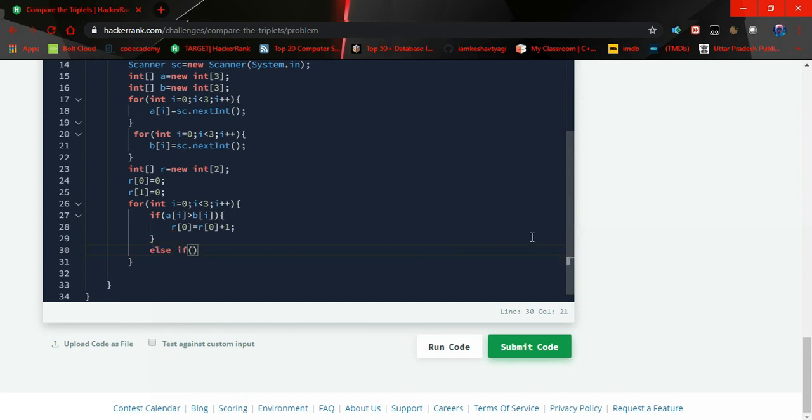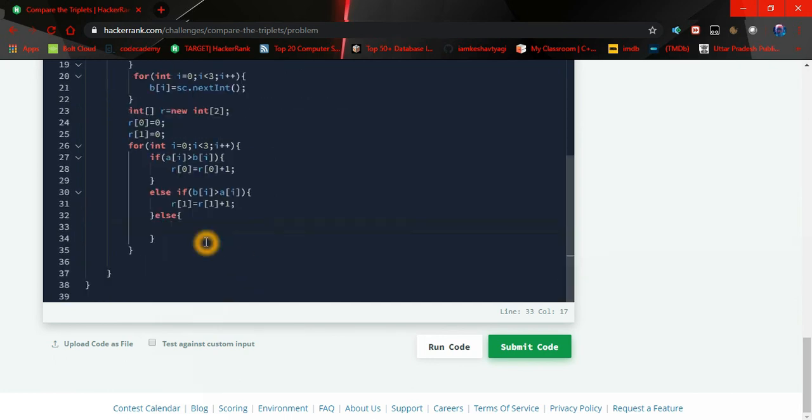Else if b of i is greater than a of i, then we have to increment the value of, here are going to be the braces. So here the value of r of 1 is going to be incremented by 1, so we can write it r of 1 equals r of 1 plus 1. And now the else condition, if both are equal, then nothing is going to happen.